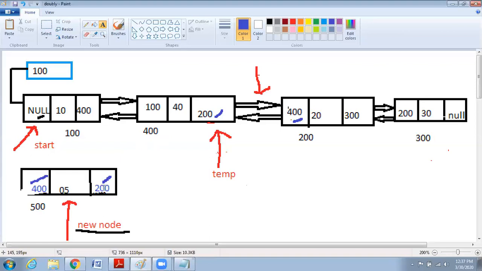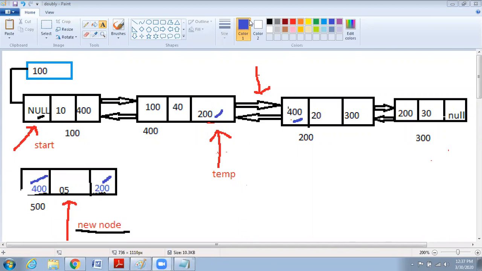New node right equal to temp's right. Temp's right left equal to new node. And temp's right equal to new node. Everyone understood? Now we will see who all understood.